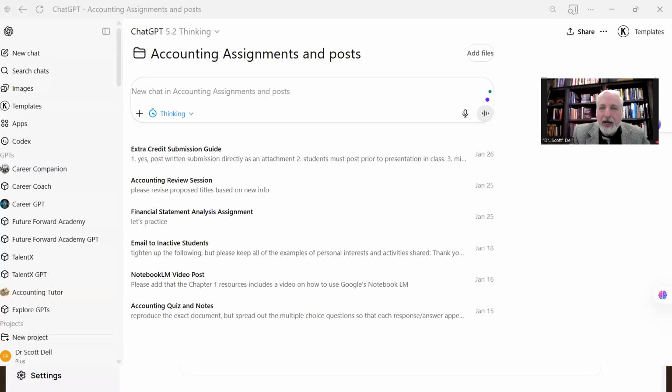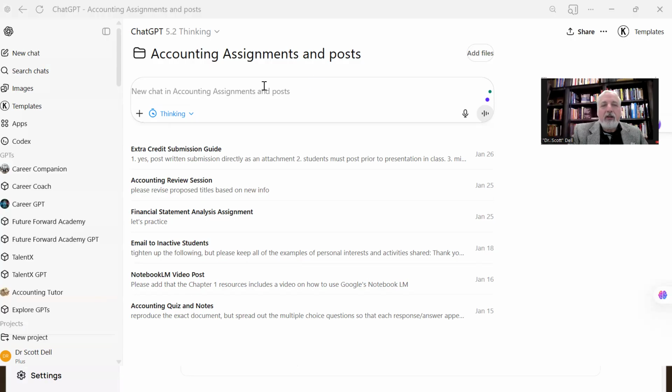So I'm going to pop over to ChatGPT. And with that, we're going to take a look and let ChatGPT kind of help guide us out of the gate to get us going. And in doing that, by the way, I encourage you, if you use something like ChatGPT, set up projects. The projects themselves down here, I have a project for accounting assignments. It's a good place to store your things. It's almost like a file or a folder when you put your documents somewhere.